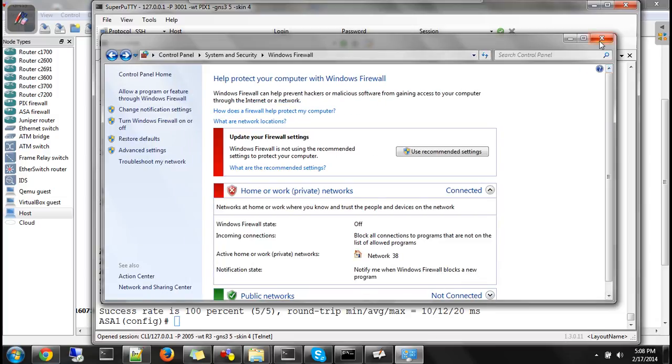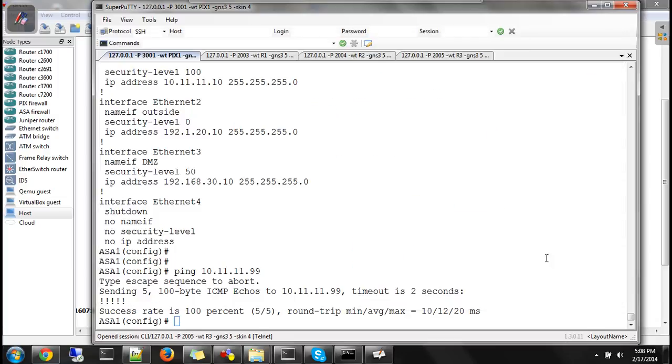So that's the troubleshooting part. In case you find that you cannot ping what? From firewall to the PC back. Actually, ping is a two-way communication, which means if you are able to ping him, he should be able to ping you. But in this case, because your Windows firewall is active, you will be able to ping him, but he will not be able to ping you. So disable and then try to ping. From firewall, you should be able to.